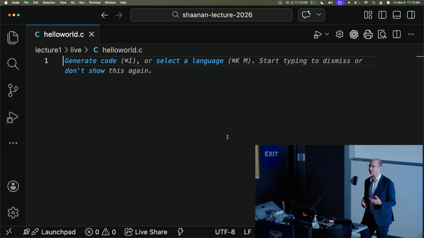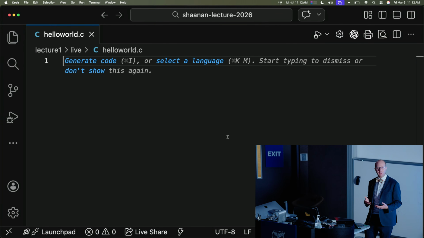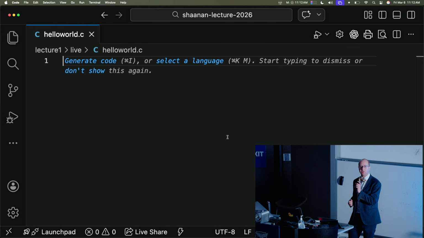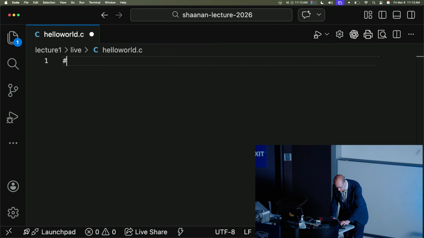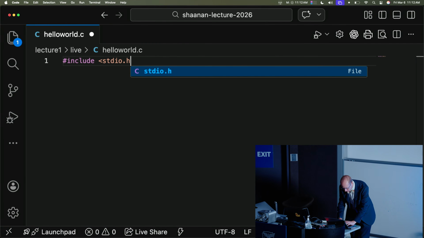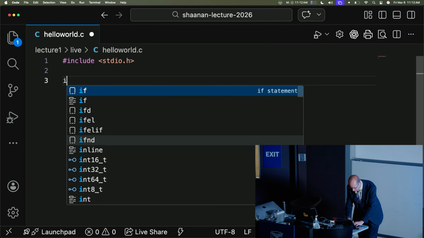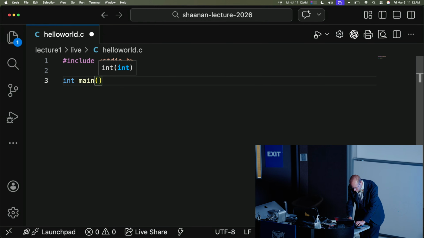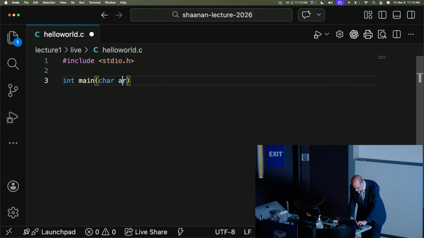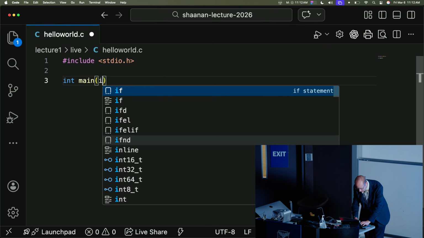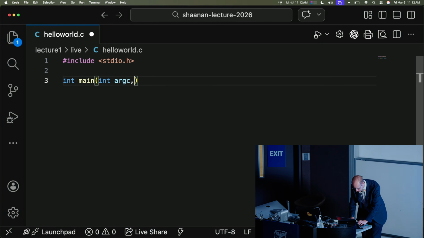And as we go through the semester, hopefully by week 4, you'll actually understand all the different components of what we're writing here. So I'm going to start with the following.